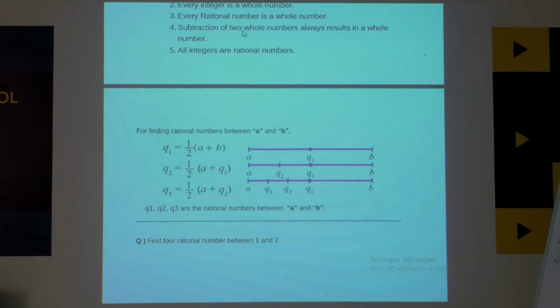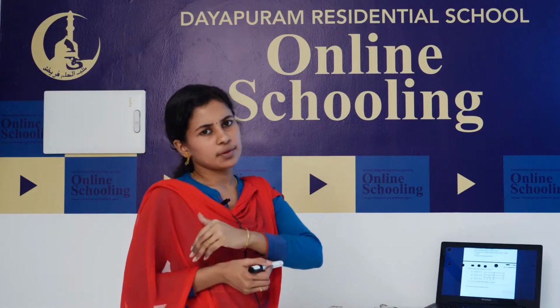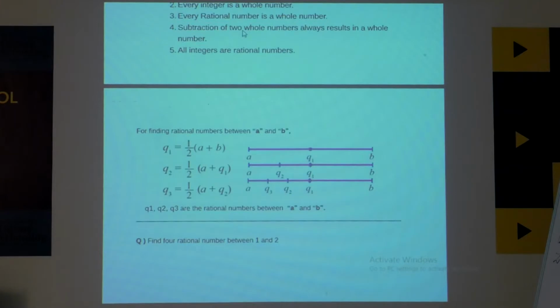So, here we studied the number systems. Natural numbers are denoted by capital letter N, and it is 1, 2, 3, etc. Next is whole numbers. It starts from 0 and 1, 2, 3, etc. Next is integers. It has a minus part also: minus 3, minus 2, minus 1, 0, 1, 2, 3, etc. And another set of numbers is rational numbers, represented in the p by q form, where q is not equal to 0.